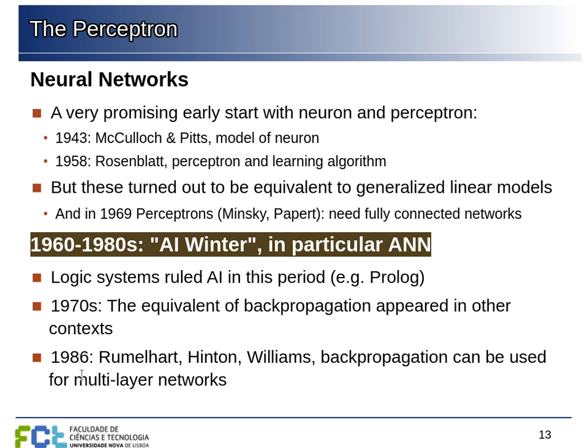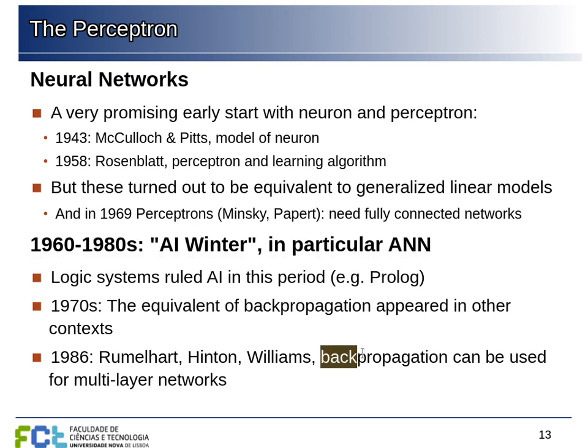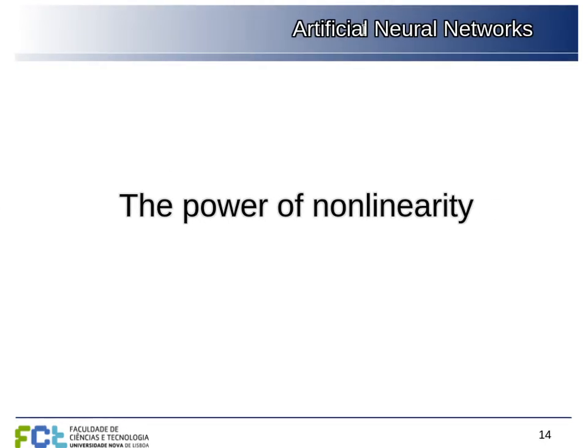But in the late 1980s, there was the application of backpropagation. The backpropagation algorithm had already appeared in other contexts, in an analogous form, but then it was discovered that this could be applied to train multi-layer networks. And so artificial neural networks got a fresh start from there, because now it was possible to actually train the networks in an efficient way.